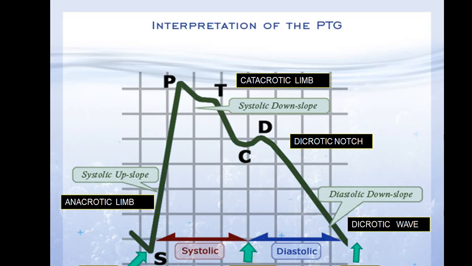semilunar valve. Now you can see here the ventricle starts contracting, so this is ventricular systole. This is called the anacrotic limb. Then when the systole gets over, ventricular diastole begins. There is a downstroke. This is called the catacrotic limb. At this stage, you get closure of the aortic valve, which produces what we call the dicrotic notch. Then the second part of that downstroke is called the dicrotic wave. So this portion is called catacrotic, and this is called the dicrotic wave.